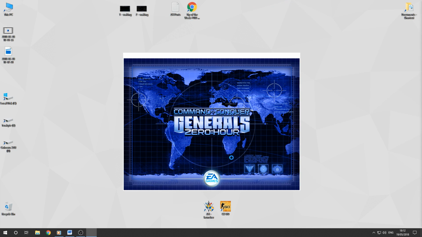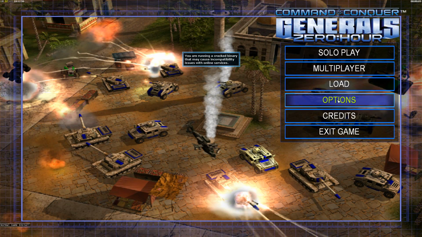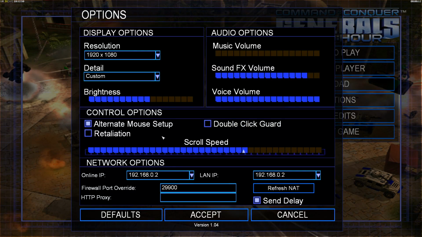Select 0 hour, and we're going to go to the main menu. Just wait for this to boot up. Then we're going to want to go to options, and then the first thing you want to check here is